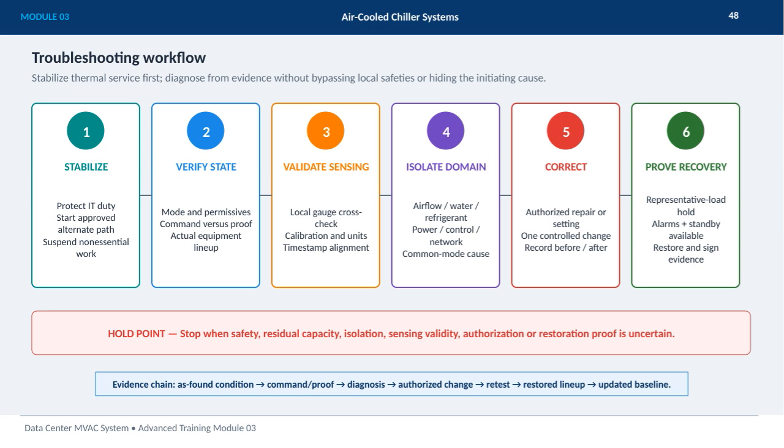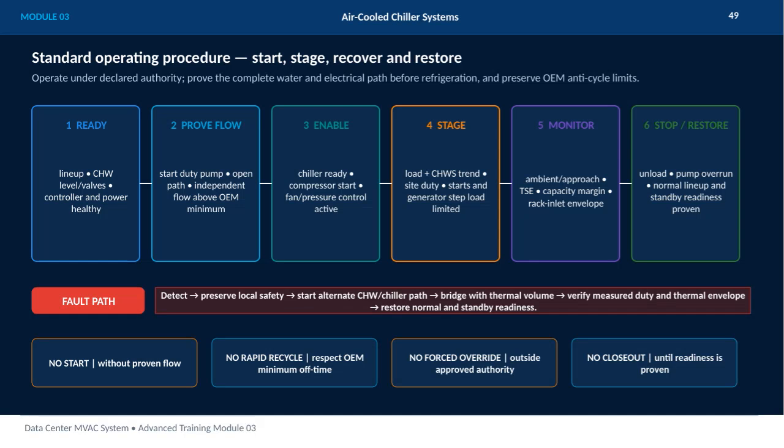on evidence. Remember, at any point, we must hold if safety, residual capacity, isolation, sensing validity, authorization, or restoration proof is uncertain. The entire process forms an evidence chain from the initial condition through to the updated baseline, ensuring thorough and accountable troubleshooting. This slide outlines the standard operating procedure for air-cooled chiller systems, focusing on start, stage, recover, and